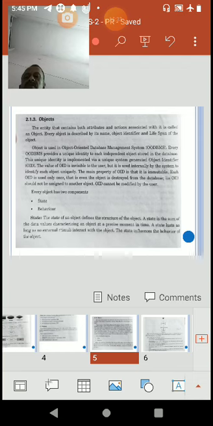A DBMS should have the capacity for designing and imposing consistency constraints. Next, 11th one,